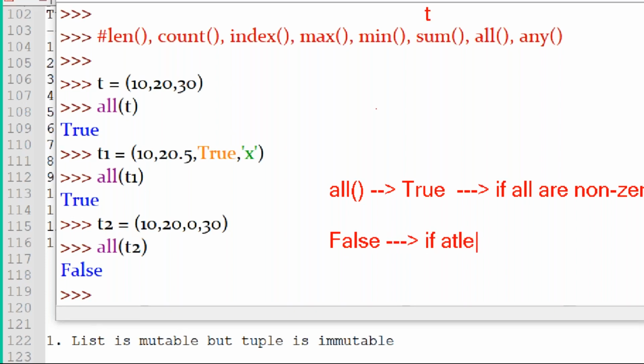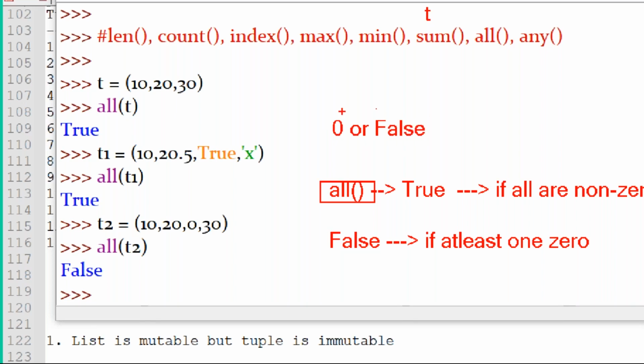if at least one zero element is there. The all function gives false if the list or tuple has at least one zero element. Non-zero means not zero and not false, guys.